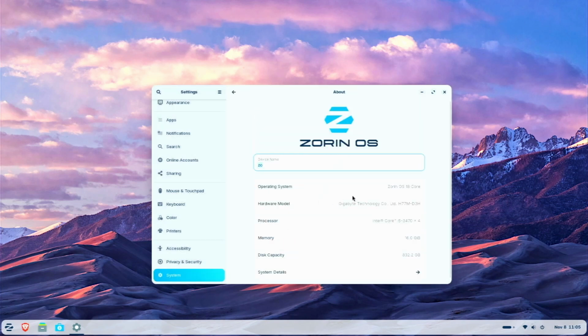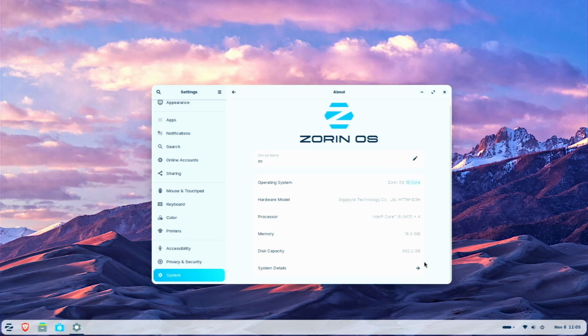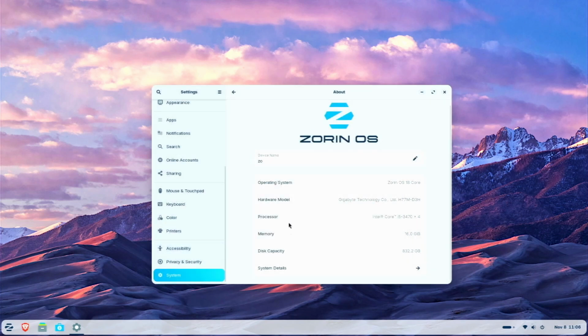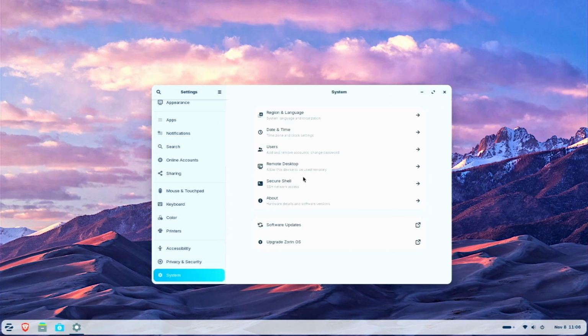And here is the normal About page for Zorin OS 18 Core, and you'll see the specs over here. The driver is NV126, which is the default basic driver, and I'm going to update it because it is not so good. And they're using Wayland, so I'm going to show you in the next video Wayland versus X11, what's the difference and what is the issue. Okay,